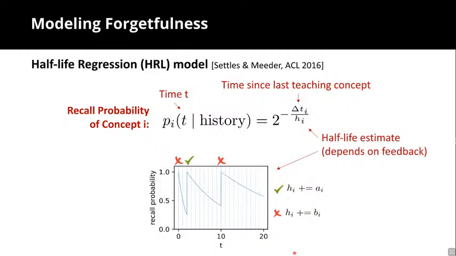All right, so I was saying the hyperparameter h_i for every concept for a user group is parameterized by a_i and b_i, where a_i is the number of times the user answered the query correctly, and b_i is the number of times the user answered the query falsely. If we observe a sequence of feedback, we can adjust the learner's forgetting curve accordingly, and we can design a teaching policy accordingly.